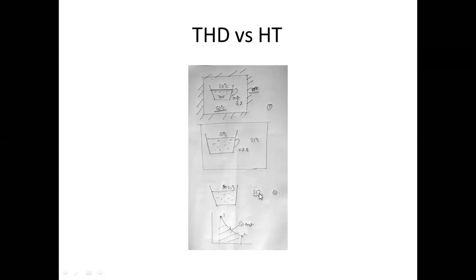Again we will keep this cup of tea in another surrounding of 25 degrees centigrade, and hence again the heat will transfer from this cup to the surrounding till both temperatures are equal, that is, till the system comes to thermal equilibrium. We will name this state as state 2. Hence state 1 is at thermal equilibrium, and state 2 is at thermal equilibrium.